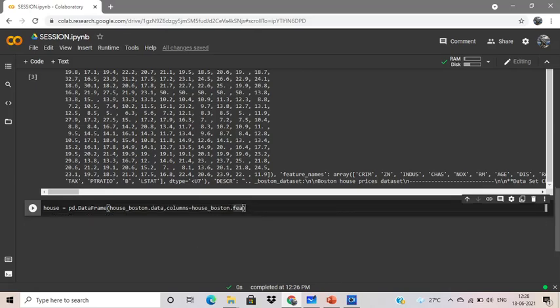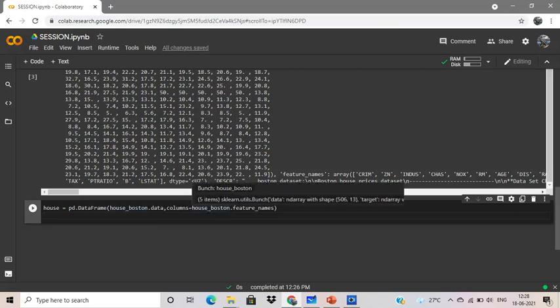So features name. So now here you can see that I'm just converting this data set into a pandas data frame, and I am storing it into a new variable, house. So in columns, the data frame house will have the features name of this house Boston.